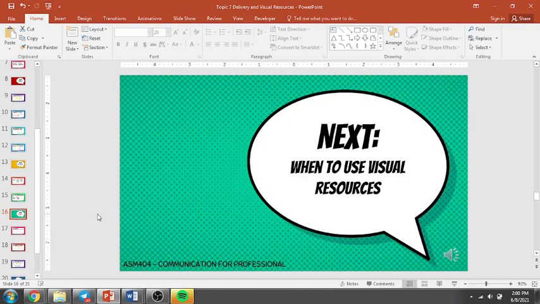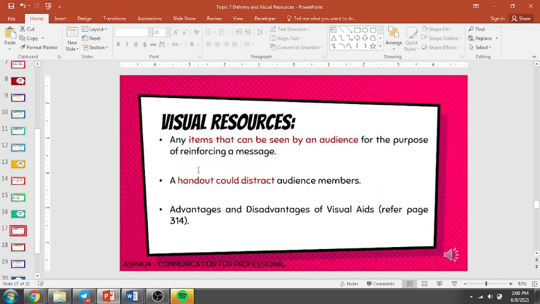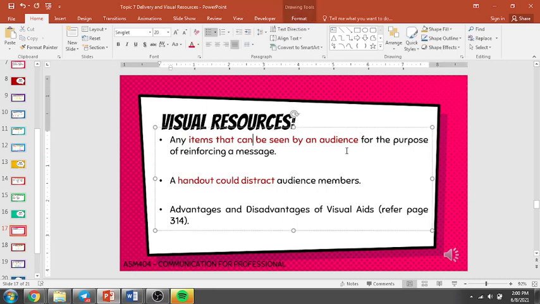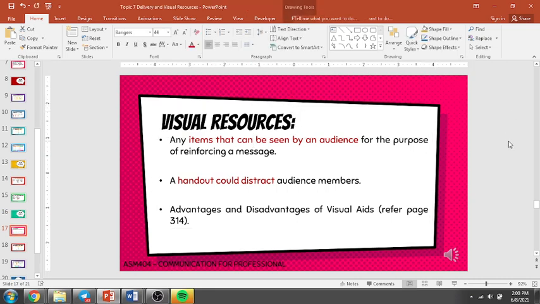Alright, next, when to use visual resources. Well, visual resources are any item that can be seen by the audience for the purpose of reinforcing the message. So a handout could distract audience members. It depends on how you are going to tackle this presentation. Mostly handouts will be related to the